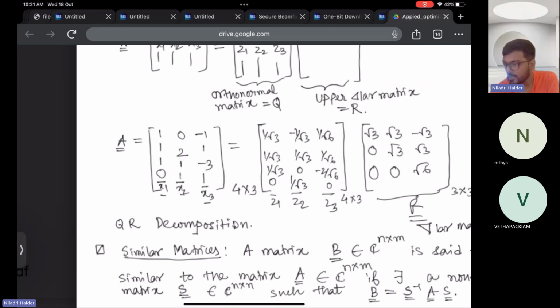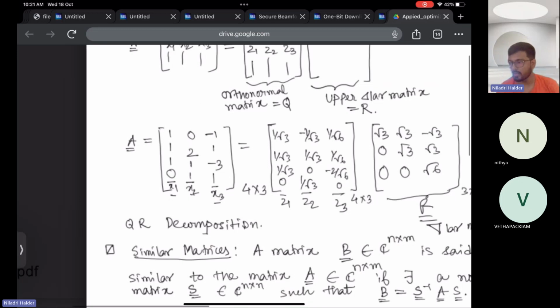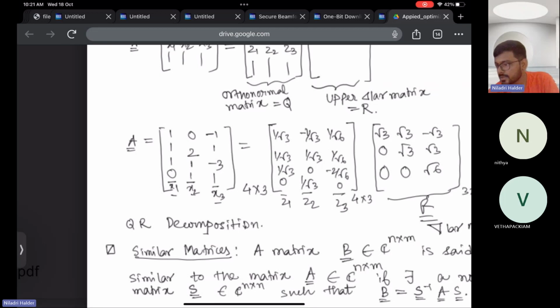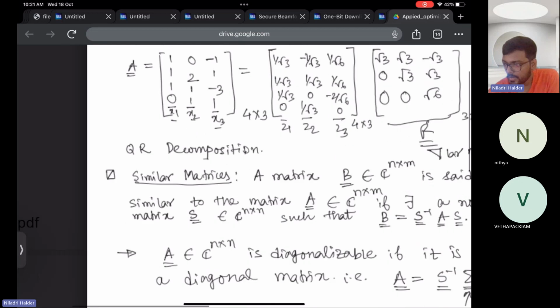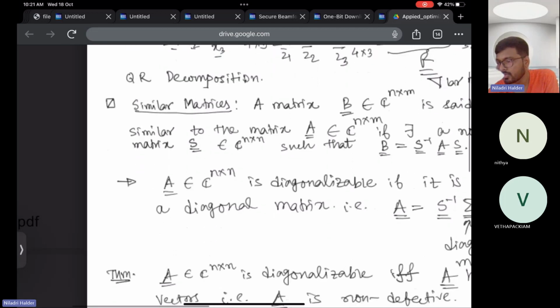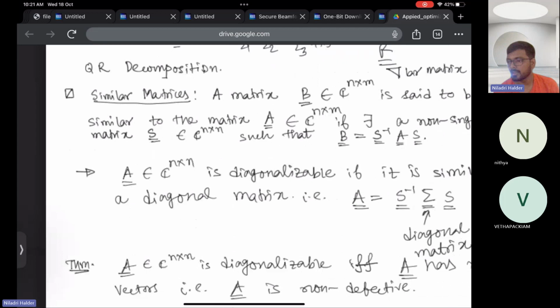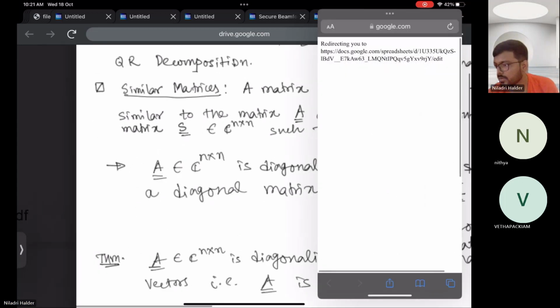So A is equal to this. Z1, Z2, Z3 in the Q matrix itself are the orthonormal vectors, and this R is just an upper triangular matrix. Then for similar matrices, a matrix B is said to be